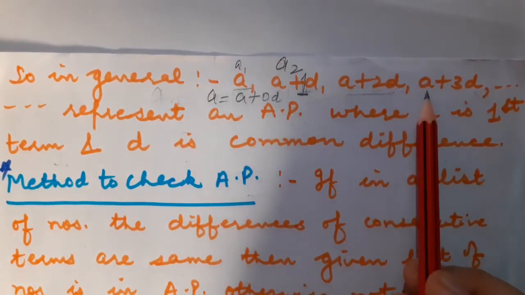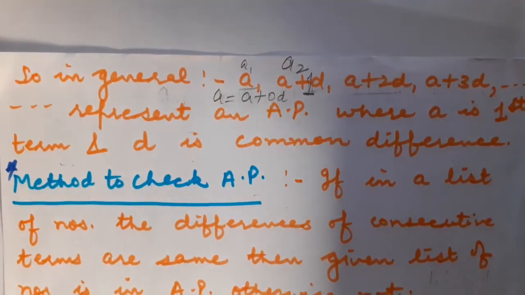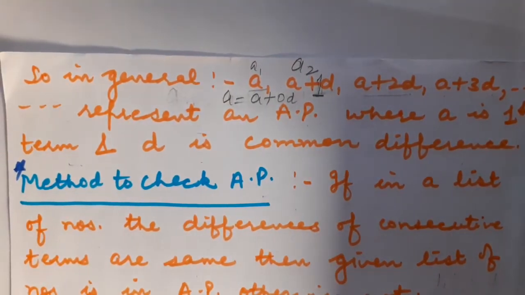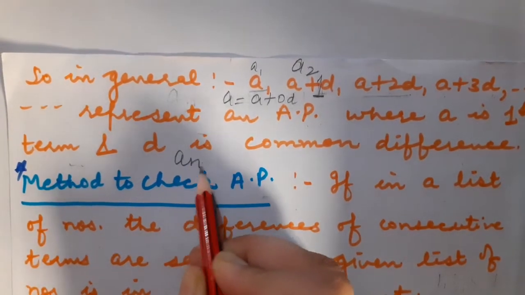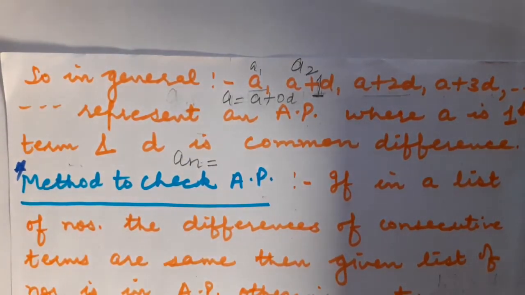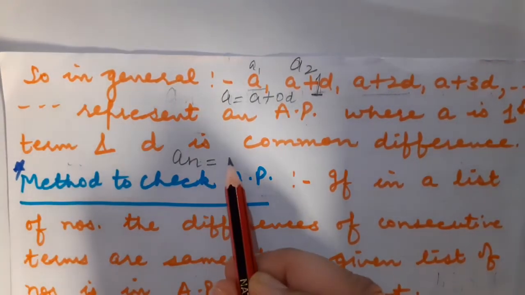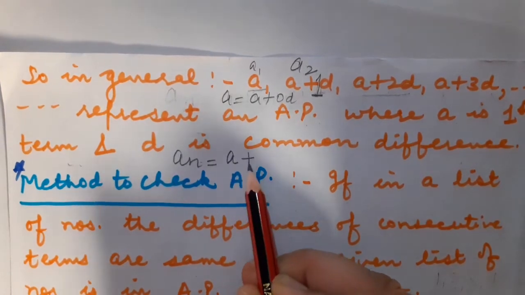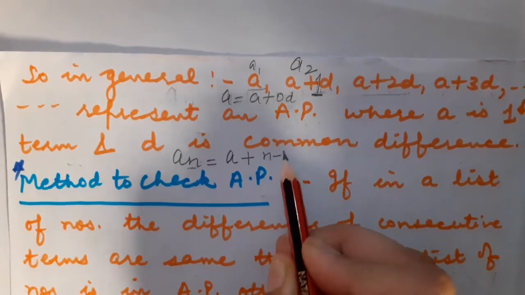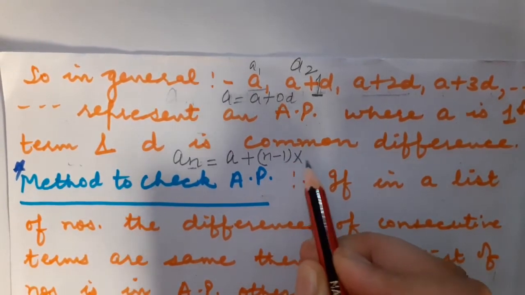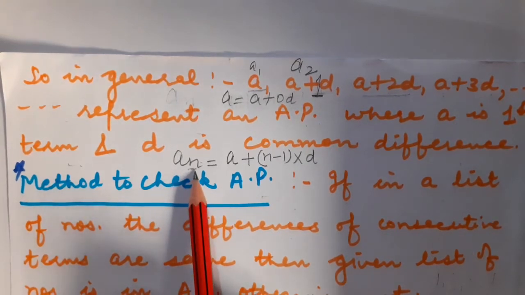And the fourth term of an AP would be A plus 3D, and so on. Suppose someone asks you how to write down the nth term of an AP in the generalized form. This is very simple. We denote the nth term of an AP by An. So I am just going to write the first term plus the term preceding n, that is n minus 1, so (n minus 1) into D. This is the formula to calculate the nth term of an AP.